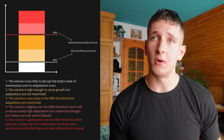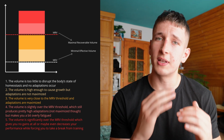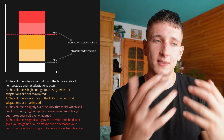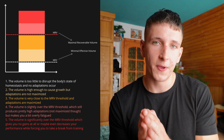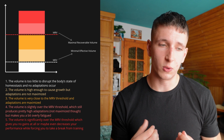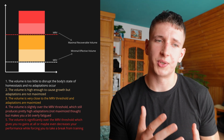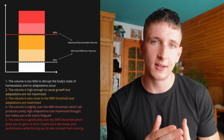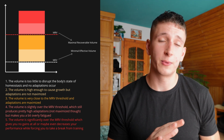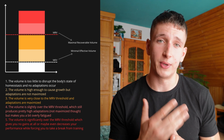The fourth level, volume is slightly over the MRV threshold, which still produces pretty good adaptations, but adaptations are slightly worse than on level 3, because your body is just slightly overtrained, and it actually produces a little bit of fatigue that your body needs to get rid of by resting a little bit more. So this is actually the point we should get in our 4th or 5th week. This is when we should do so much volume that we just feel that was too much and that we need a deload week. So this level you should really reserve just for the last week of each cycle,